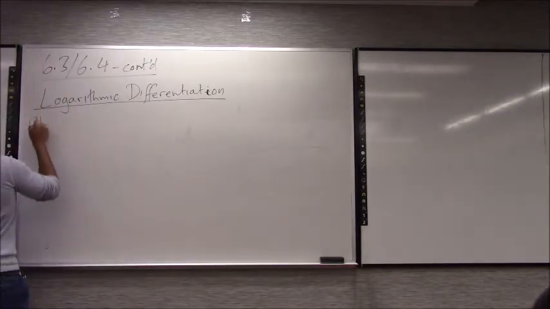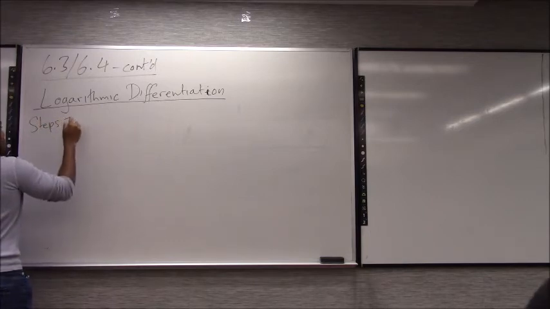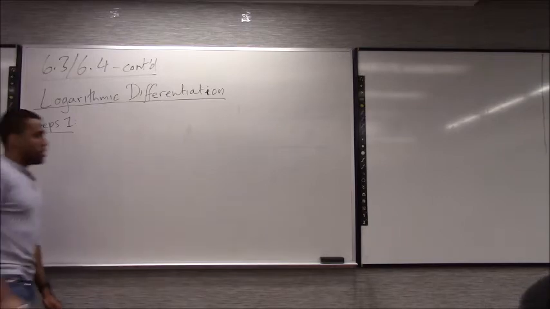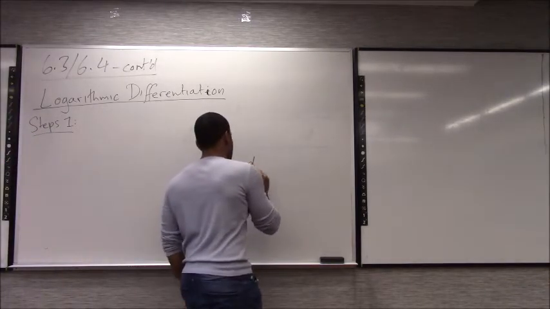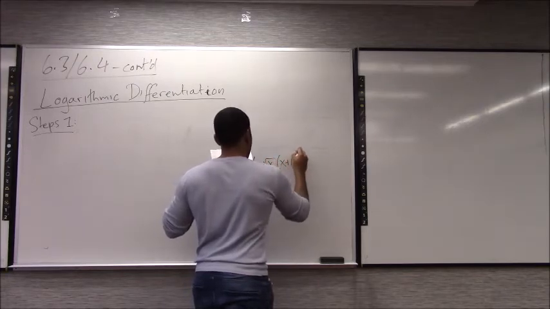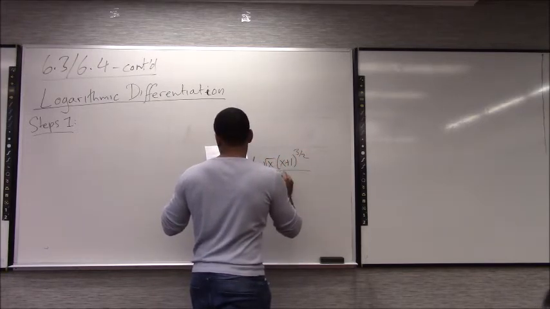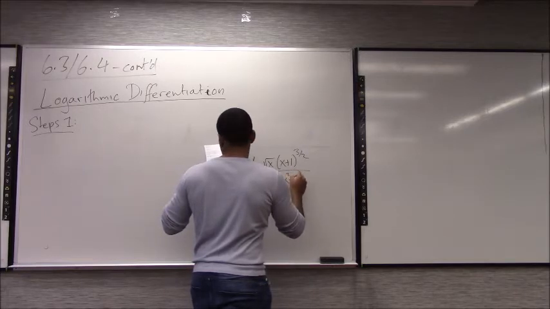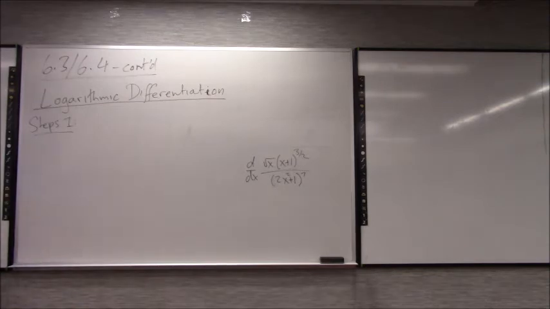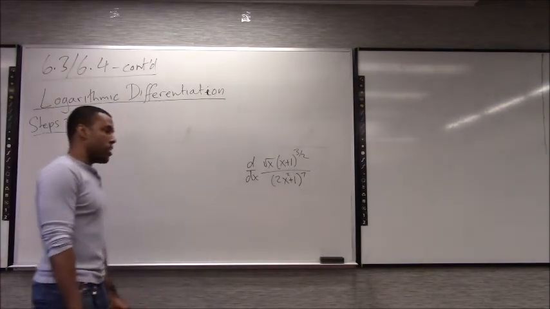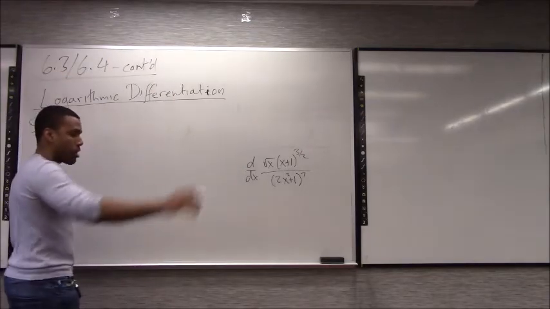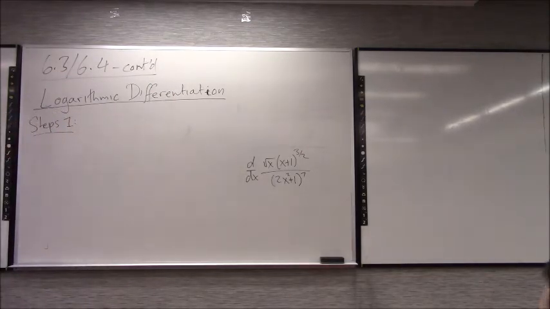So here are the steps. And they're exactly the steps that we actually did last time to get that. When I asked you guys to differentiate the square root of x times x plus 1 to the 3/2 over 2x squared plus 1 to the 7, you could appreciate that doing that with the quotient rule and the chain rule and all that would have been very messy. But then we took a log of both sides. We called it y. Took the log of both sides, and we were able to find the derivative that way